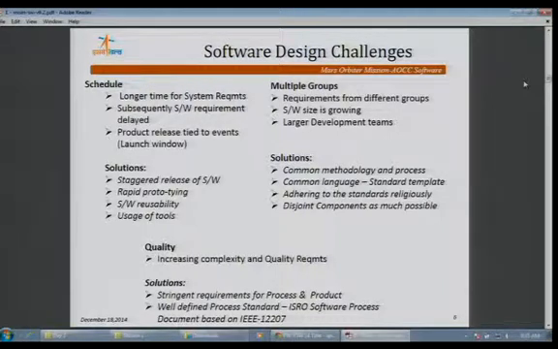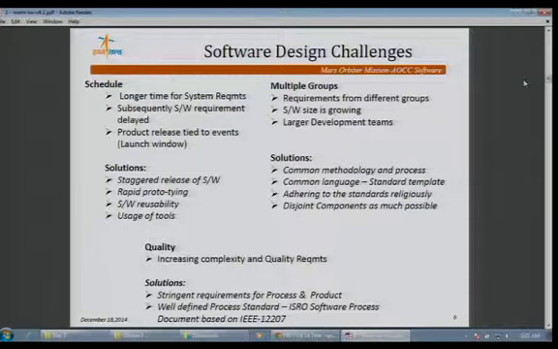If we see the number of groups involved, as in our acknowledgement slide, so many groups are involved, like the mechanism team, power team, mission, and flight dynamics. Every group is giving some requirement for the software development, and the software size is growing, with various requirements coming into the AOCC development. So it calls for a common methodology and process, which are increasingly being adopted in our case. We are trying to go for a standard template and a common language, and the standards which we have been following are adhered to religiously. The components are kept as disjoint as possible so that developments go on in parallel. This is a major thing.